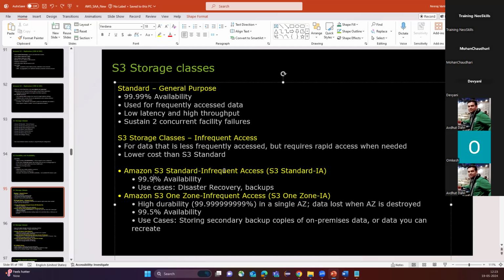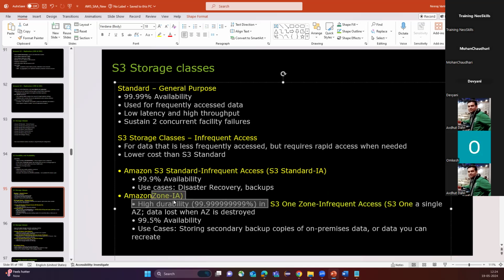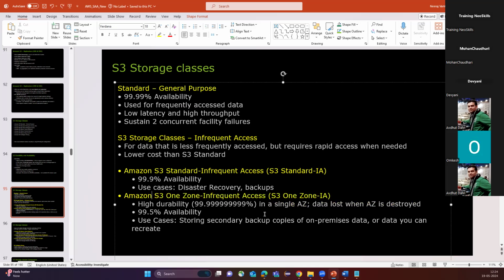And S3 One Zone IA, infrequent access. It is stored in a single availability zone only, but it also provides 11 nines durability. Since it is in a single availability zone, the data is lost when the availability zone is destroyed. There is a chance that data may be lost if the availability zone is destroyed. So what are the use cases for One Zone IA? If you want to store